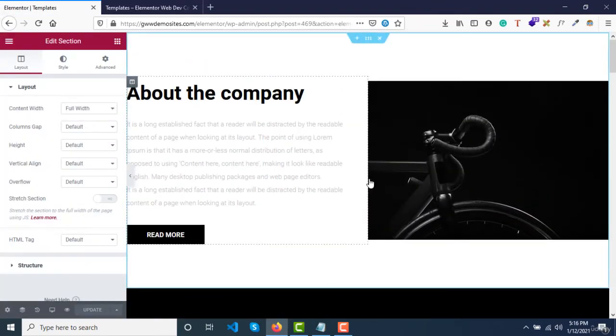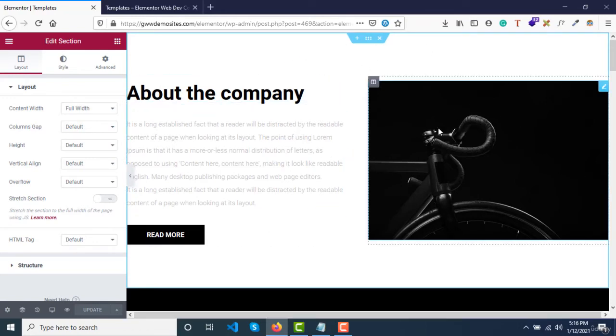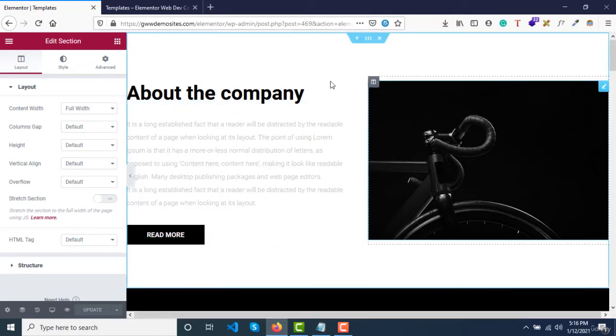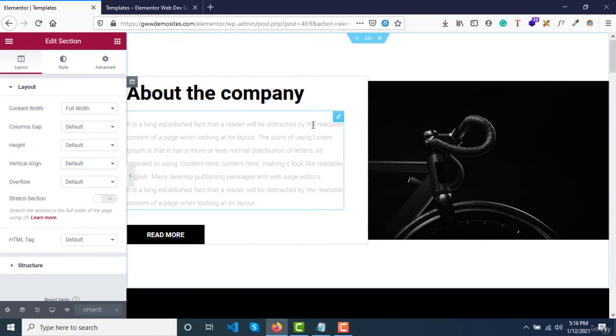Let's say this is the design that you have created on your own, right? This is your own design. You did not import it from any blocks, and you just created it completely all by yourself. So now you know that this particular section you might have to use later as well in other pages in the same website.